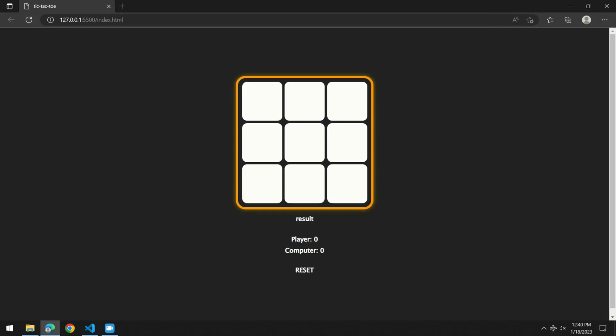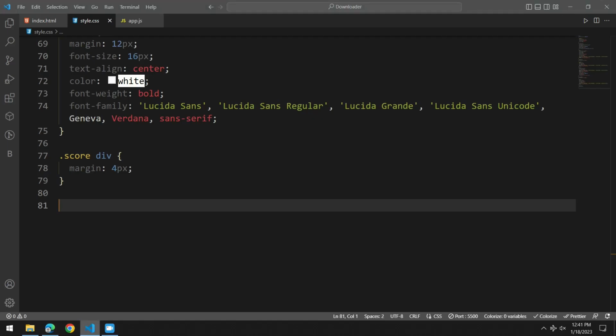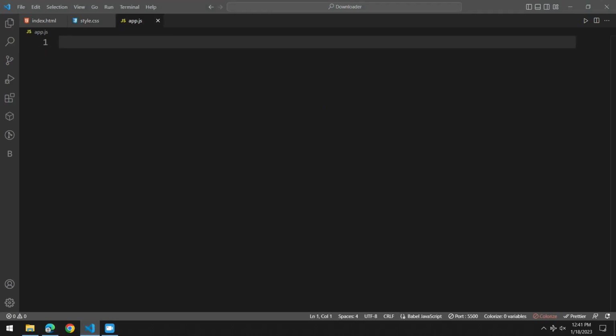Tic-Tac-Toe is a game played on a 3x3 grid, where two players take turns marking a square with their X or O. The player who succeeds in placing 3 of their marks in a horizontal, vertical, or diagonal row wins the game. First, we start by selecting all the cells of the tic-tac-toe grid using const cells equals